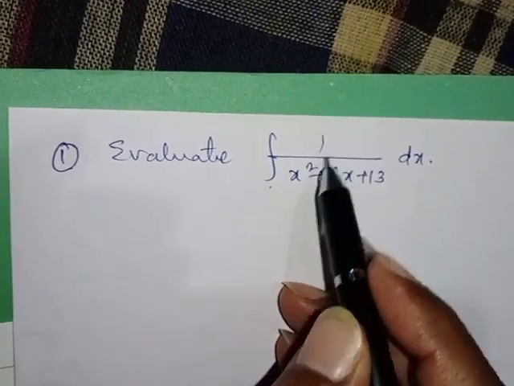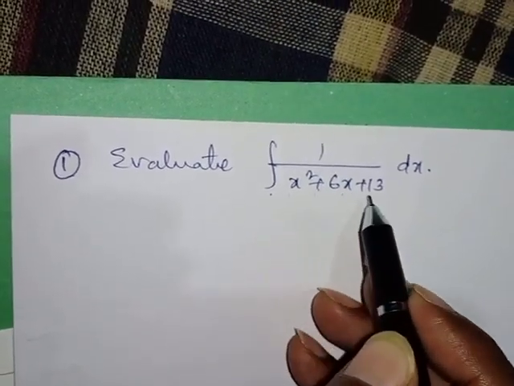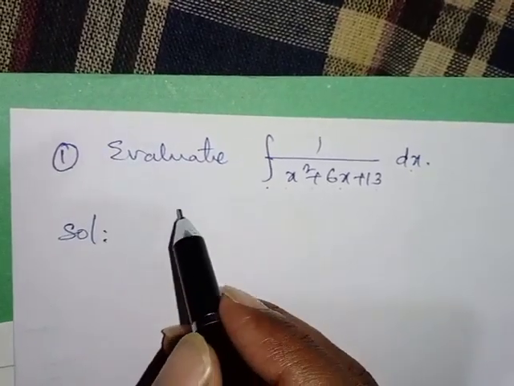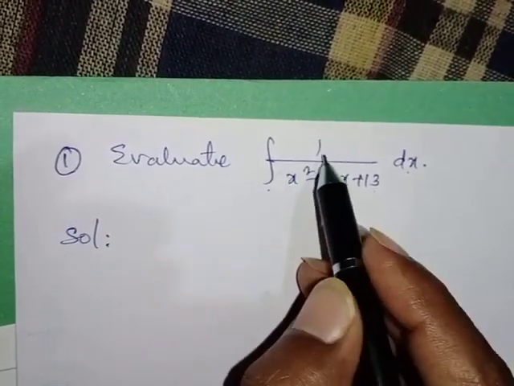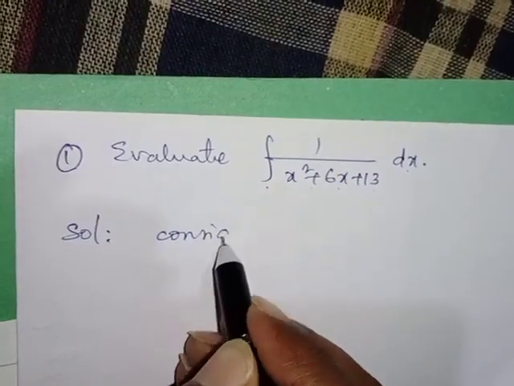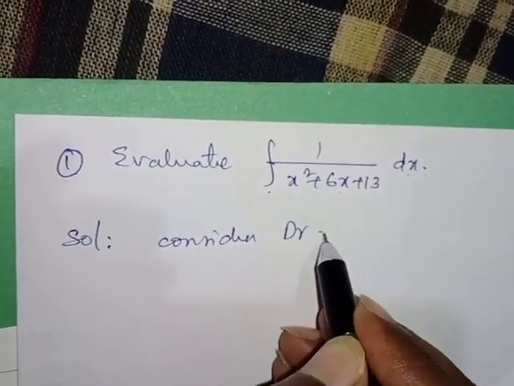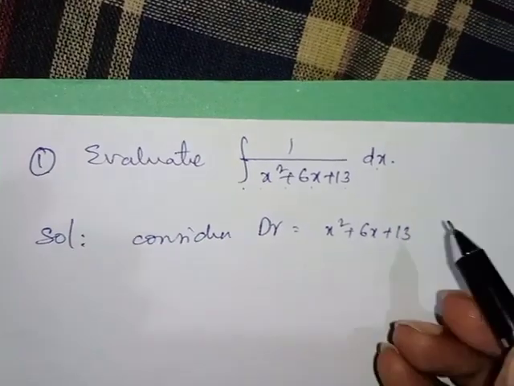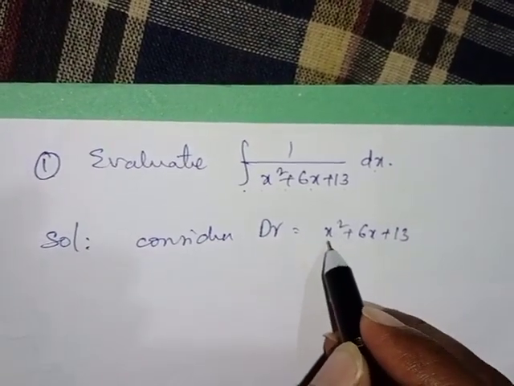Evaluate the integral of 1 upon x square plus 6x plus 13 into dx. Solution: in this case, consider the denominator, which is equal to x square plus 6x plus 13. We need to convert this